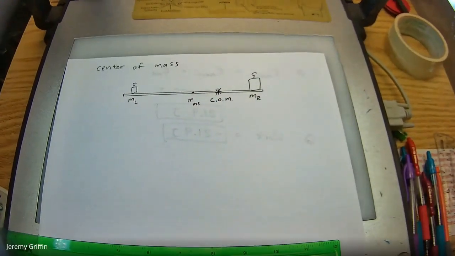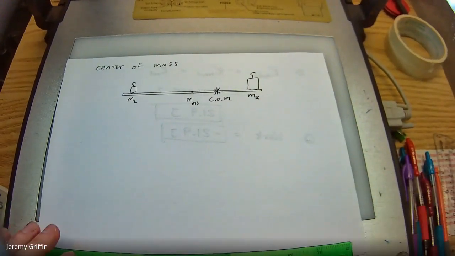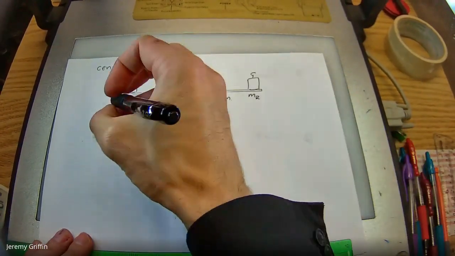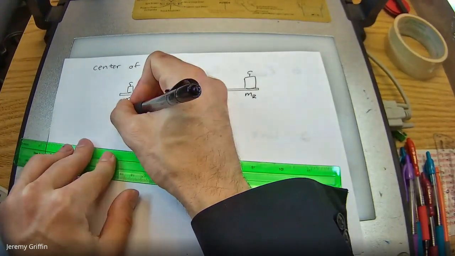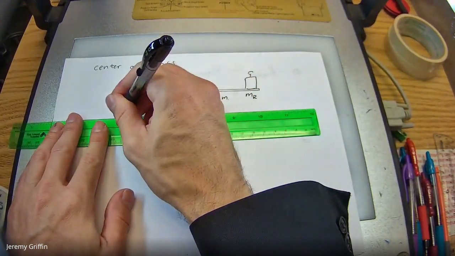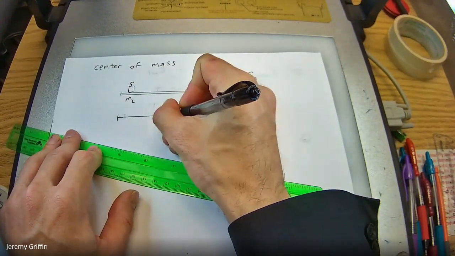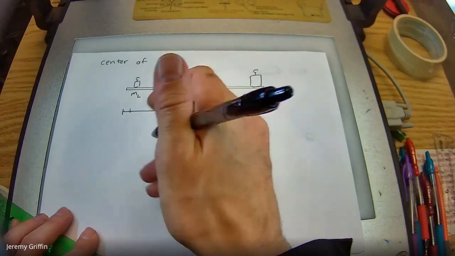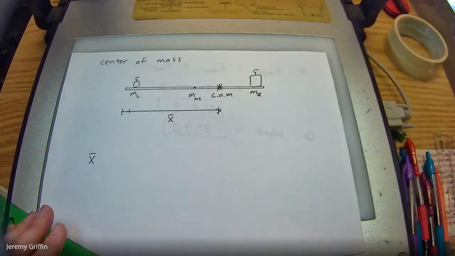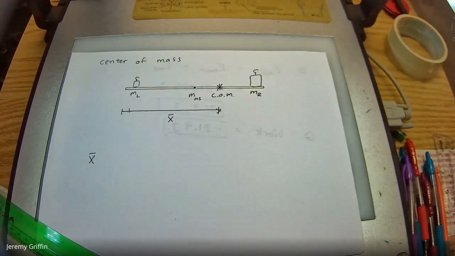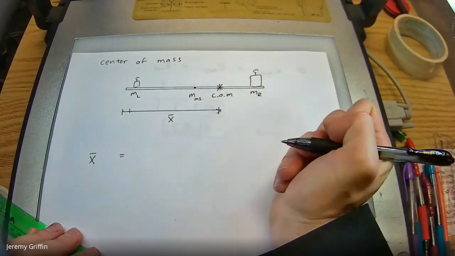And so how could you calculate that, if you knew what these masses were and what their locations were? Well, here's the formula. I'm going to call this x bar. You guys know that in general, if you see a bar over a variable, it means average. I think you saw it with average velocity back in the day. It is equal to